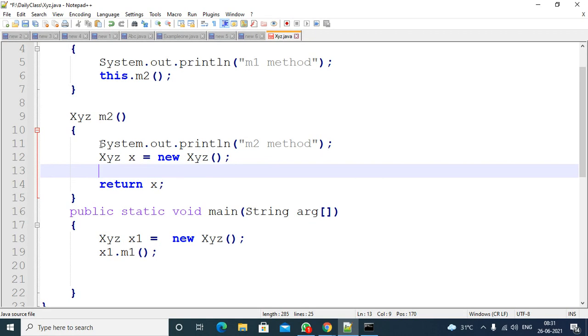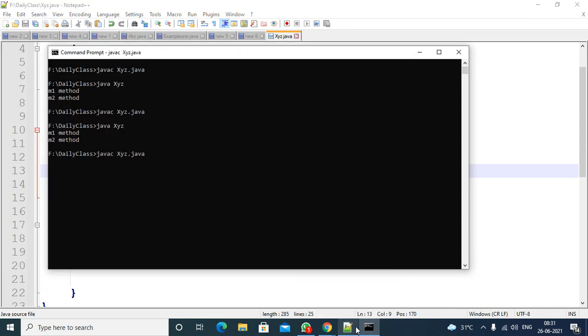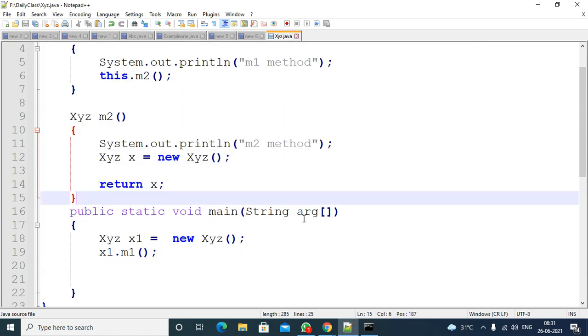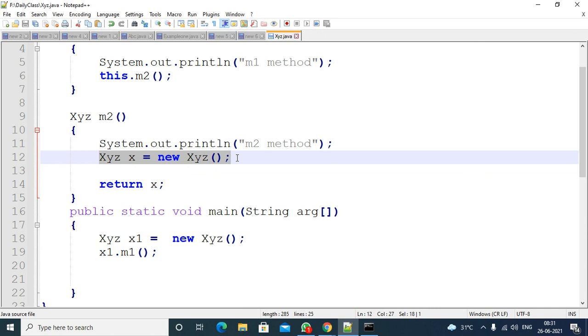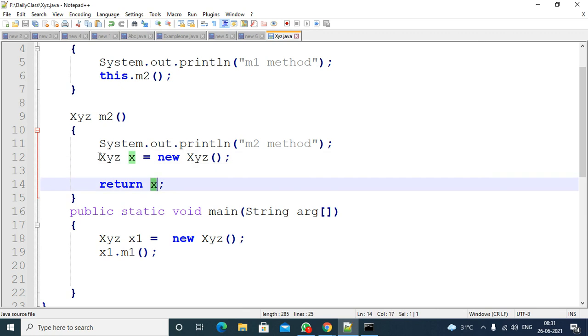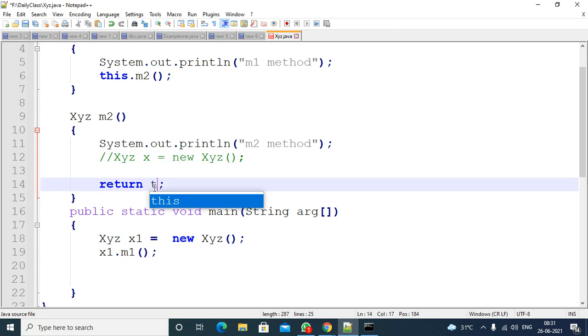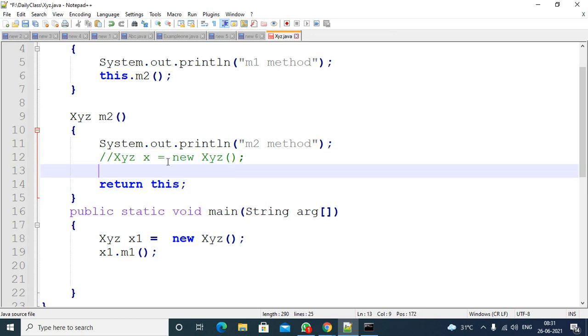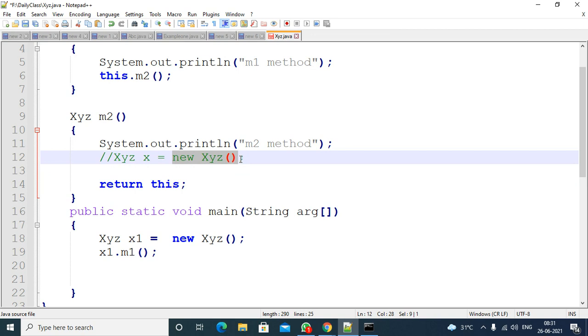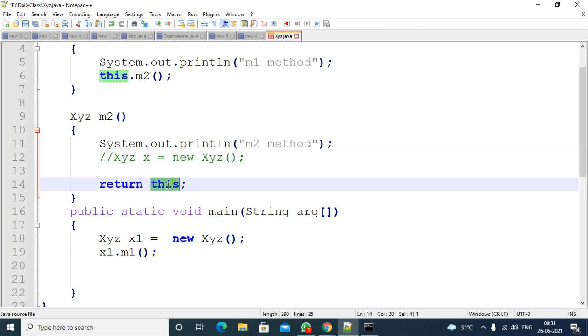Okay, returning is completed. Now compile the code, execute the code, you are getting the output that m1 and m2 are called. So instead of creating an object and returning the reference, you can rewrite this line by using the this keyword. Actually you are creating the object of the current class. Instead of creating the object, assigning it to some reference and returning that reference, you can directly use the this keyword here, return this.